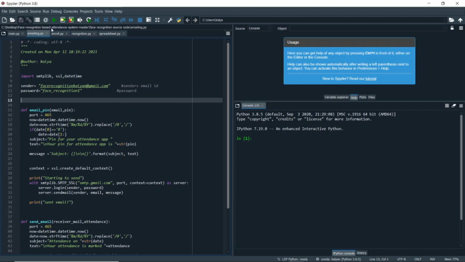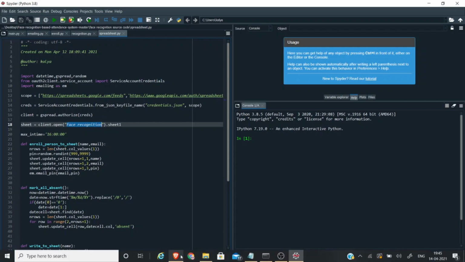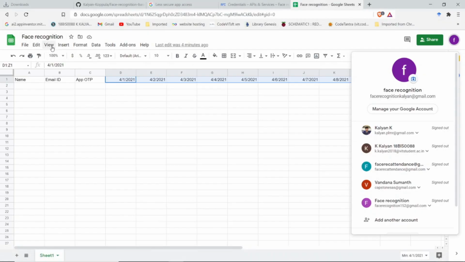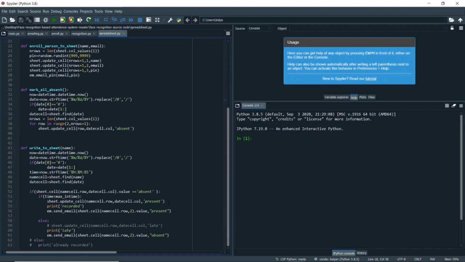Then save this file. Change the name of the spreadsheet that I have given here. So I've given face recognition. The same is over here, so I need not change.